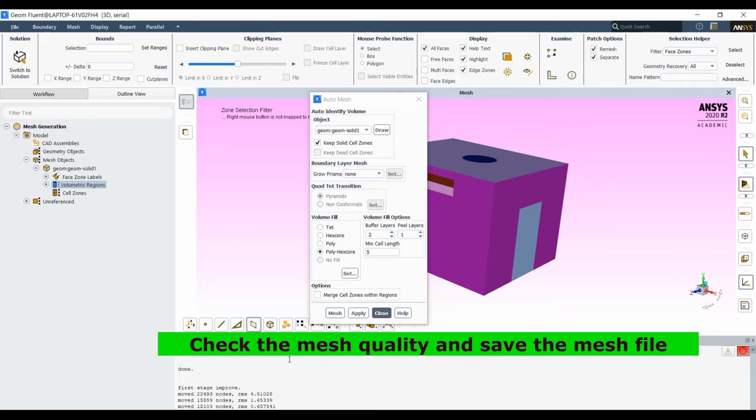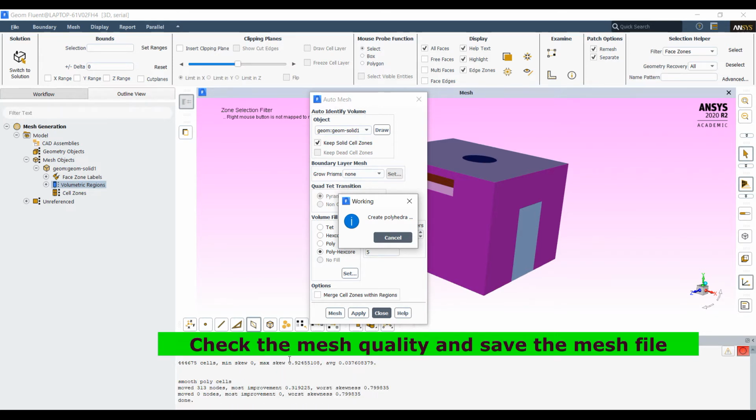Fluent Meshing itself identifies the low quality mesh, and it tries to improve the orthogonal quality by adding more polyhedral cells. We don't need to bother about that.